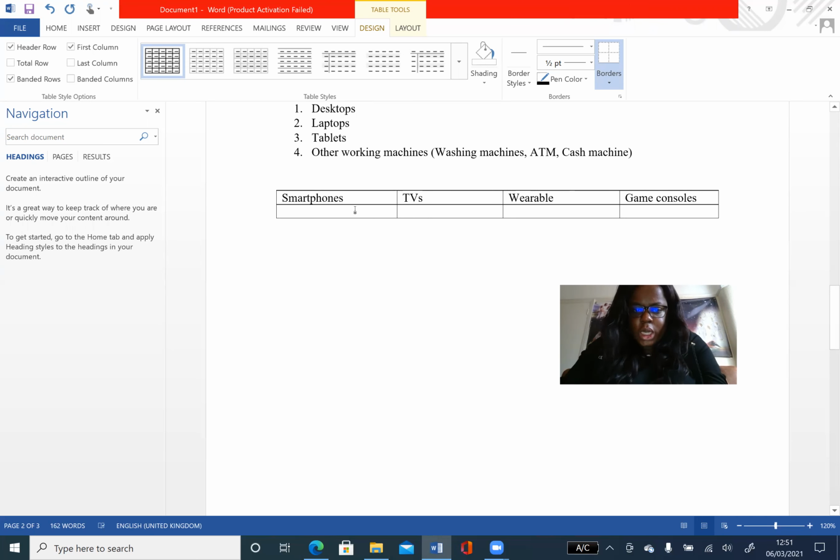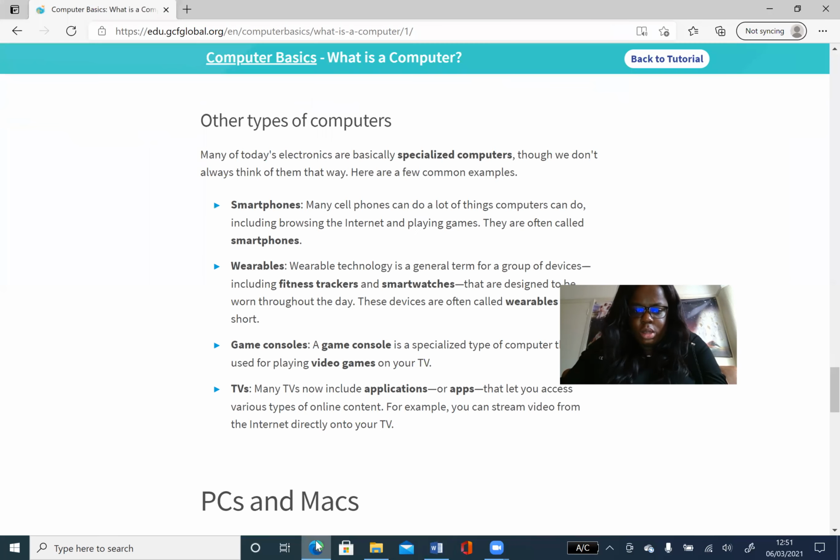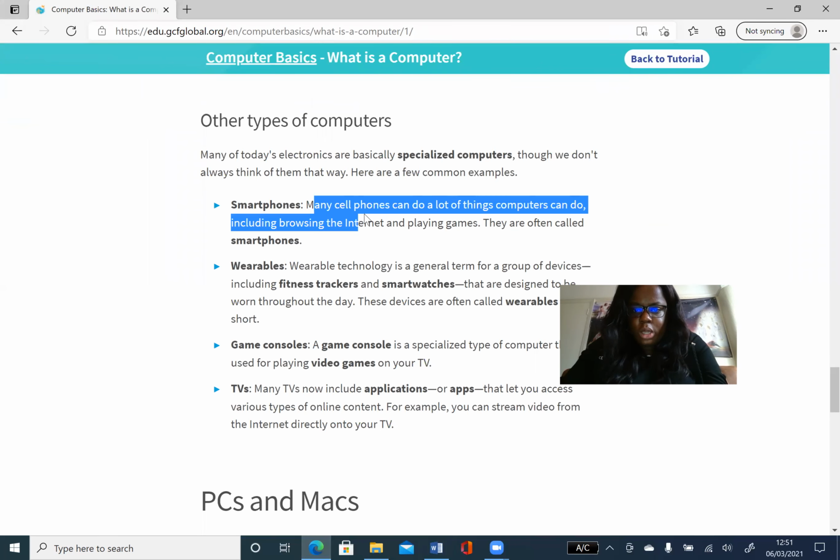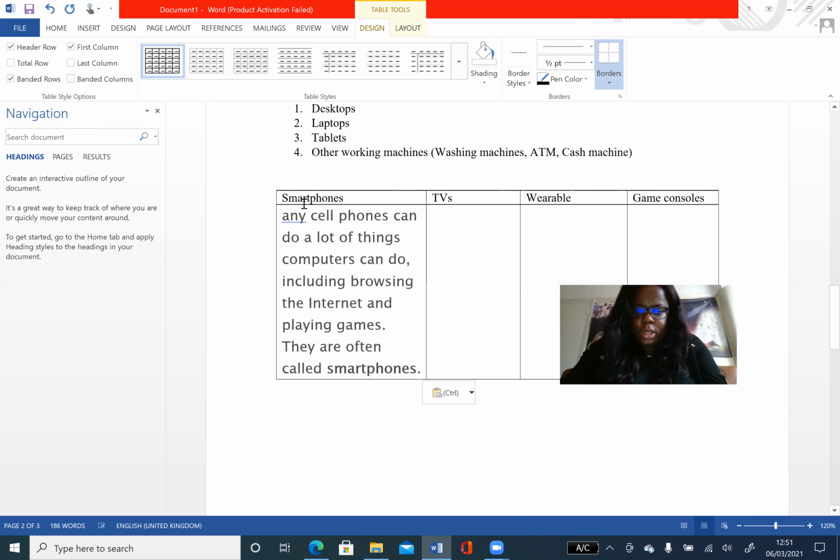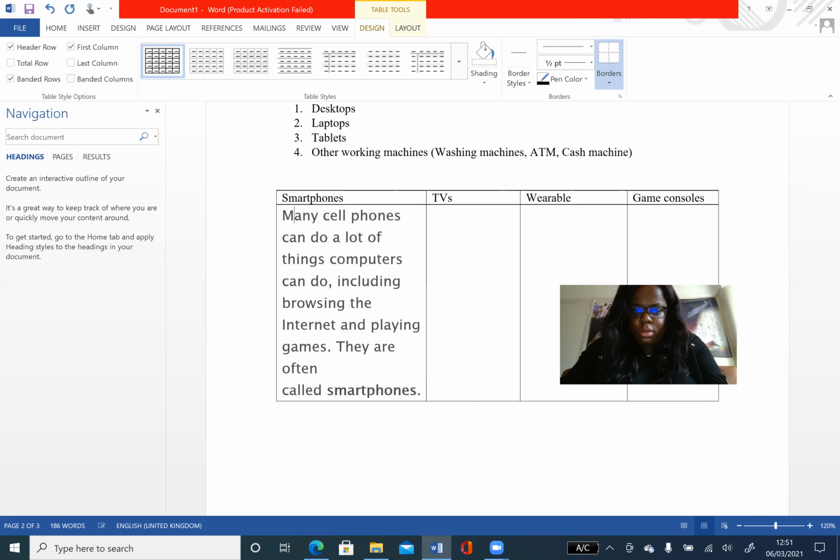Okay, let's describe what each of them are. Smartphone: many cell phones can do a lot of things computers can do, including browsing internet and playing games. They are called smartphones. So let's do copy and paste. I'm selecting the paragraph or definition of each of them. Then okay, insert